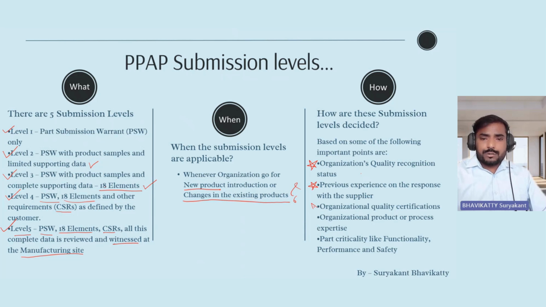Quality certifications, this is also very important. What kind of certifications do they have? Let's say they might have ISO 9001, IATF 16949, or any other standards, right? 17025, particularly for the laboratory management system. Based on their product type, you can check what kind of certifications they have. And one of the important things is from which certification body they have got certified, because there are hundreds of certification bodies. They just give the certificates as a formality. So try to check whether they have selected the right certification body,